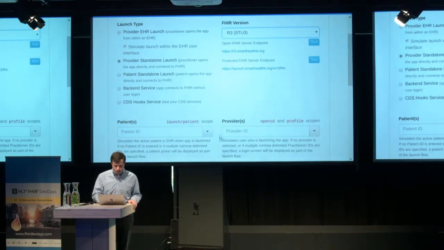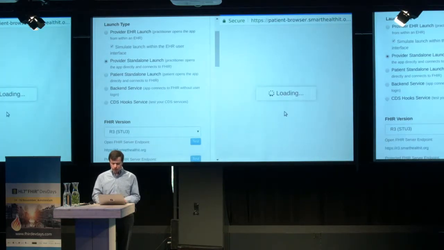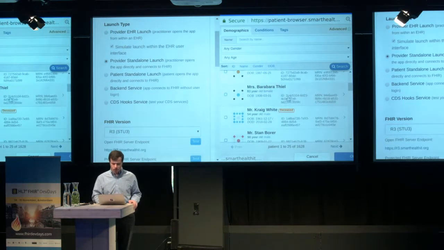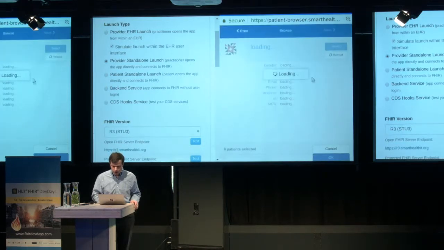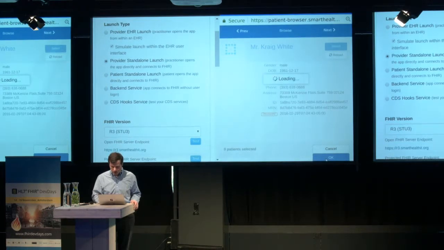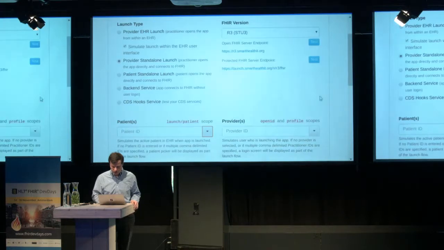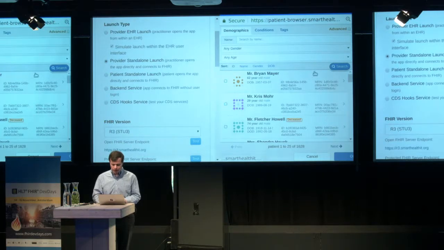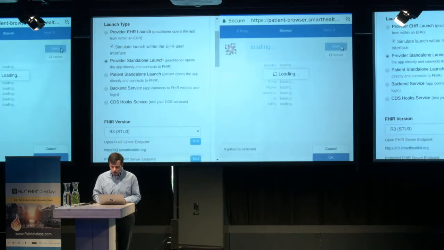So there's a way to go and choose from our sandbox of patients. You can browse through patient data, do some basic searches based on demographics and the kinds of sample data that are available. And you can say, OK, I'm going to pick this patient as one that I think is going to work well with my app. And populate it into the launcher. So you go and you choose all these kinds of details inside of the launcher, and once you've chosen them,